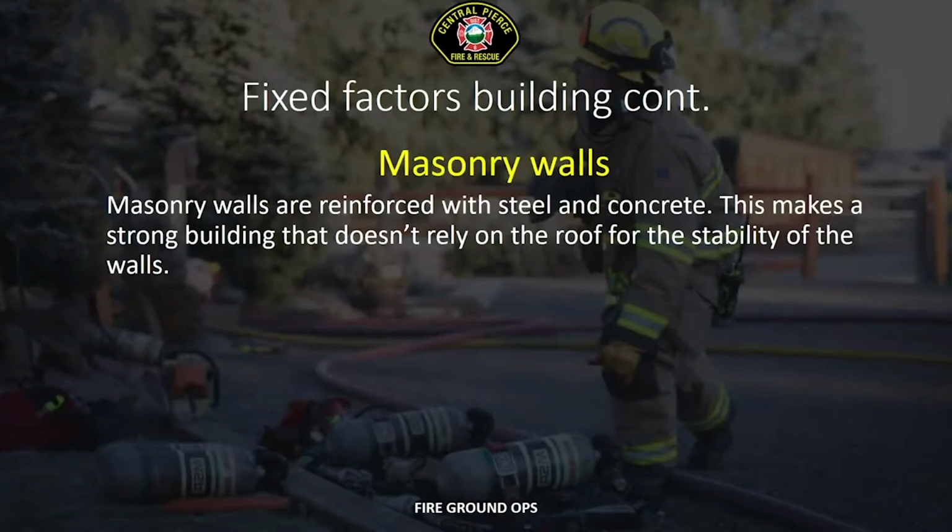Masonry walls reinforced with steel and concrete make a strong building. It doesn't rely on the roof for the stability of the walls. And knowing the difference between these two walls will affect our collapse zones when we talk about where we park our apparatus. A general rule of thumb, like we have in our policies, is 1.5 times the height of the wall will keep you safe for the failure of a